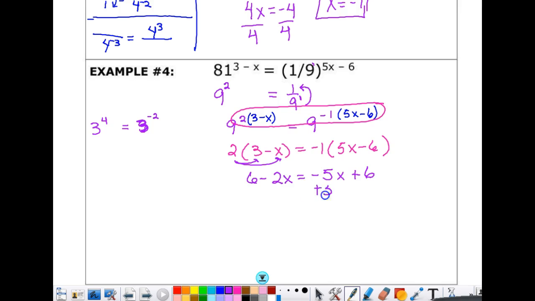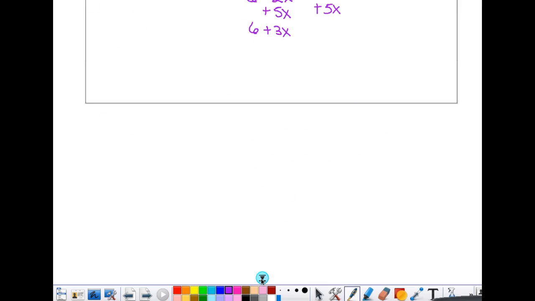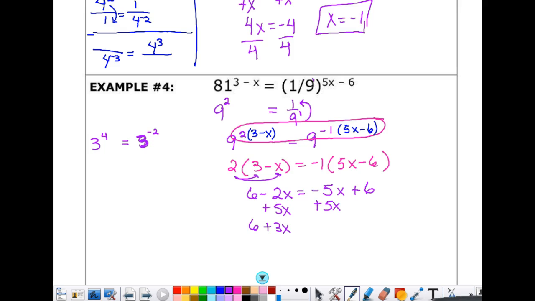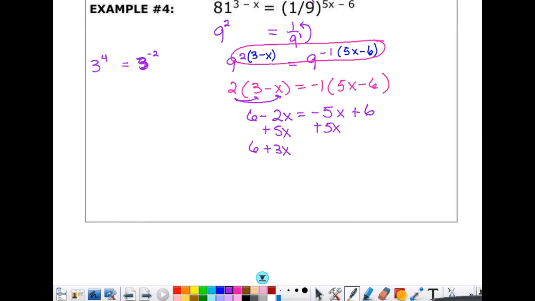So we're going to add 5x here. Okay, and then we get 6 plus 3x equals 6. So we want the 6 to go over there. Okay, so minus 6. We get 3x equals 0, and now you go into panic mode, and you go, oh my gosh,